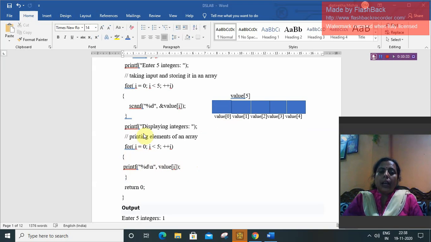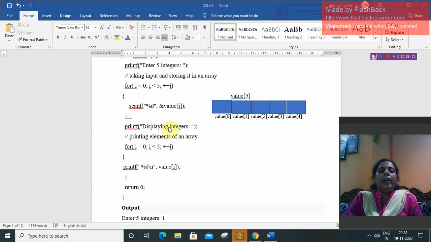Then i is 1, then it will display the second value. Then i is 2, then it will display this value. This loop continues until i becomes 4. After 4, it will display the value 4. Then i will be 5. Then 5 less than 5 is not true. It will not enter the loop.